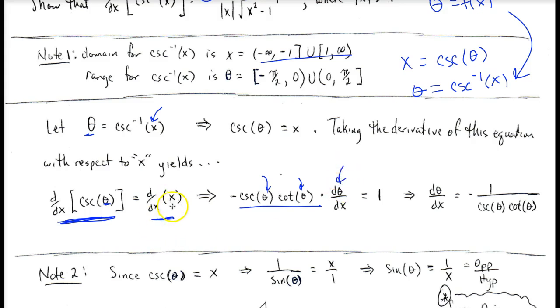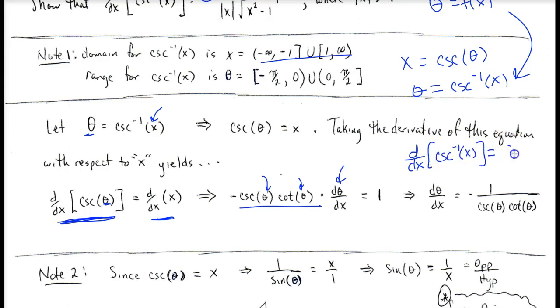On the right side, we see that the derivative of x is just equal to 1 with respect to x. And so in this next step, what we'll do is divide both sides by negative cosecant theta cotangent theta. And so we see we have negative 1 over cosecant theta cotangent theta. So now at this point, we have a way to express the derivative of cosecant inverse, because we know theta